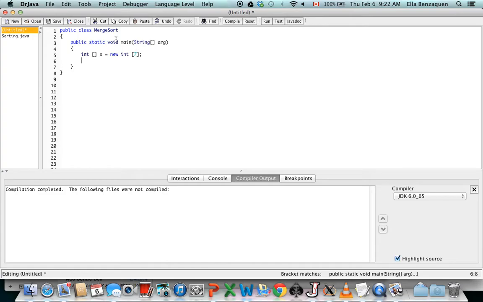So the way I'm going to do that is I'm going to for loop it, with i less than x.length, i plus plus. And all I'm saying is that my x at every position i until it reaches the length